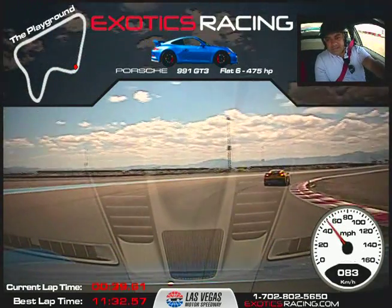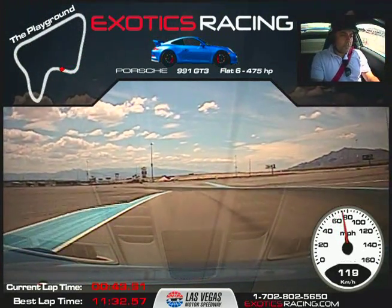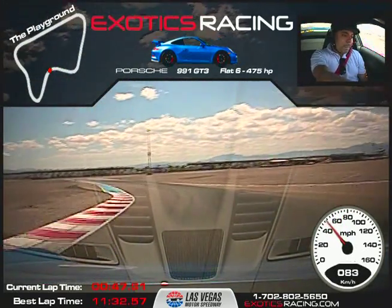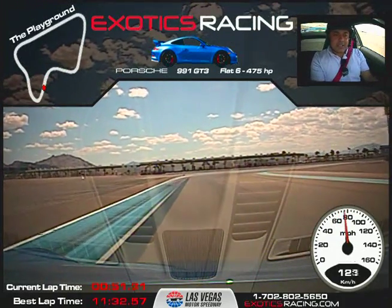Pass them on the left side. Keep that momentum going. Stay to the left. We're going to come in shallow. Let's not cut them off. Touch the brakes. Watch your speed. Release your brakes. Accelerating. Accelerate. Shift up. Brake straight, stay on the brakes,